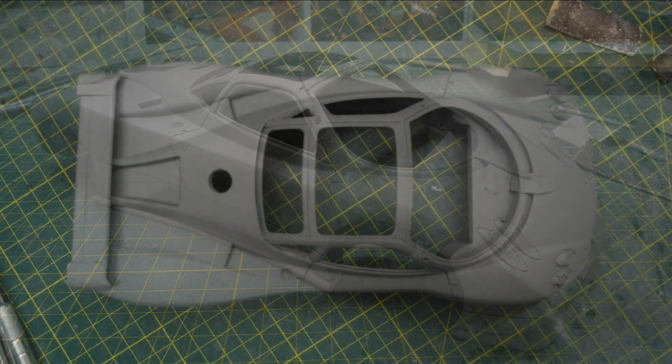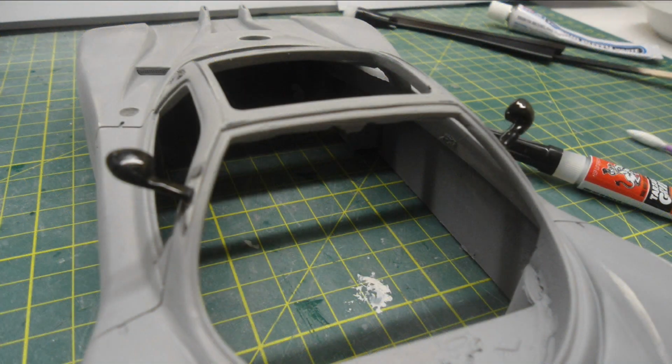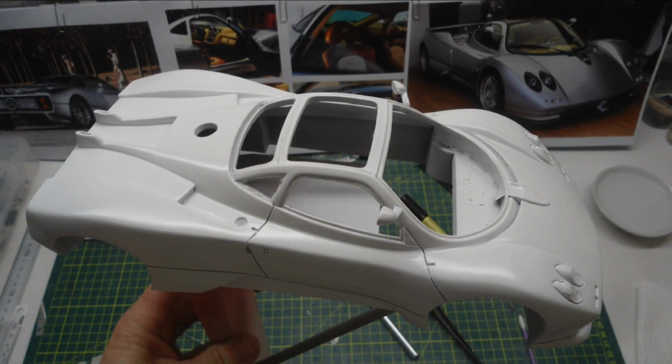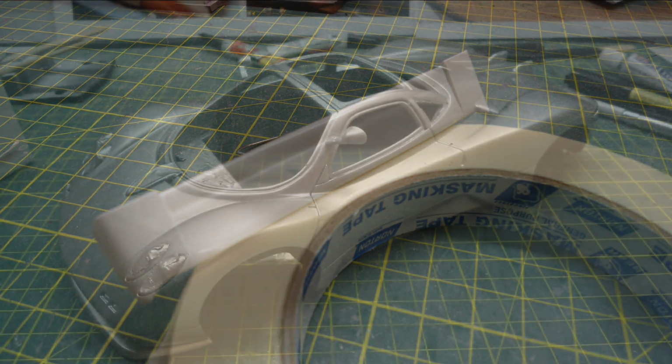But I'm nearly there with the bodywork, so just repeated steps over and over again, and I decided it was a good time to actually glue the mirrors onto the A-pillar. Before I paint the model, I'm just using some masking tape there to make some templates for the carbon fibre front splitter. I then primed the body and all the parts in some white 2K primer, sanded that down, and